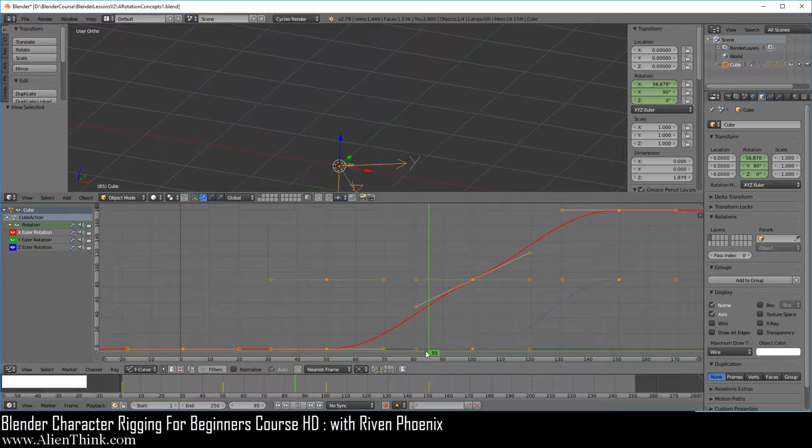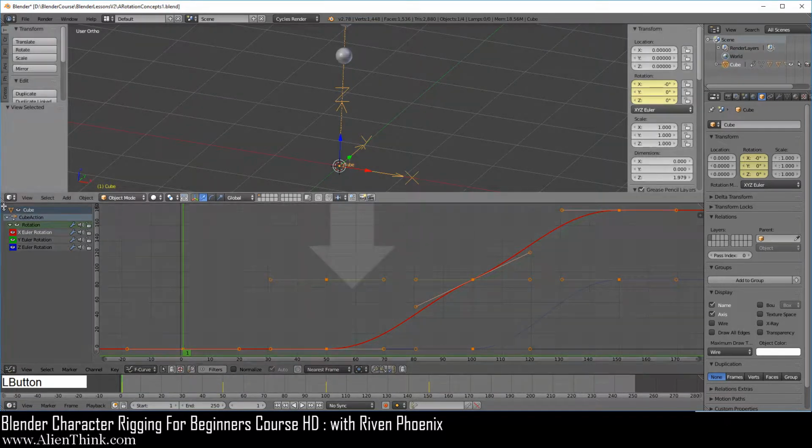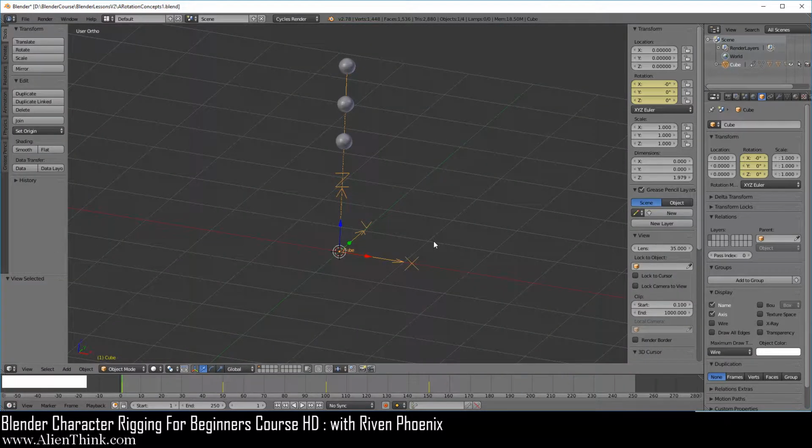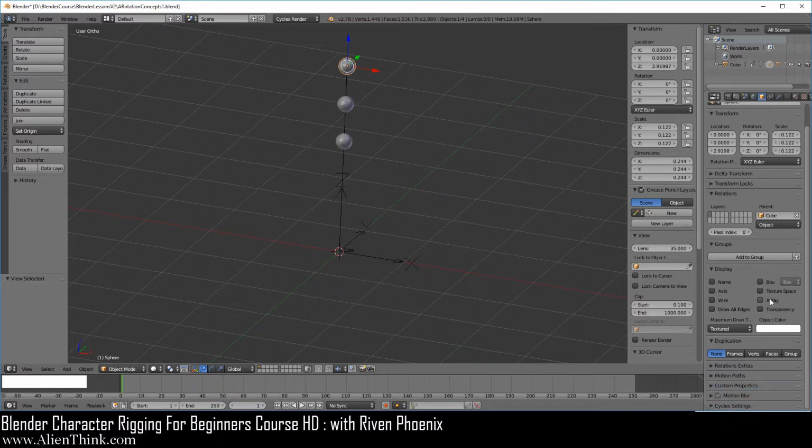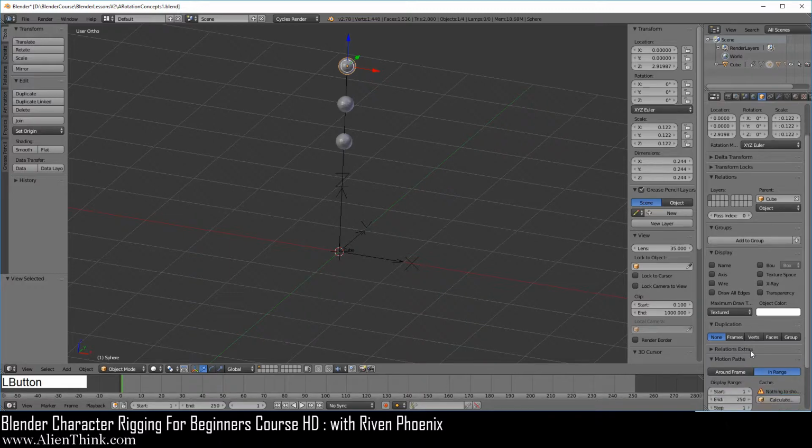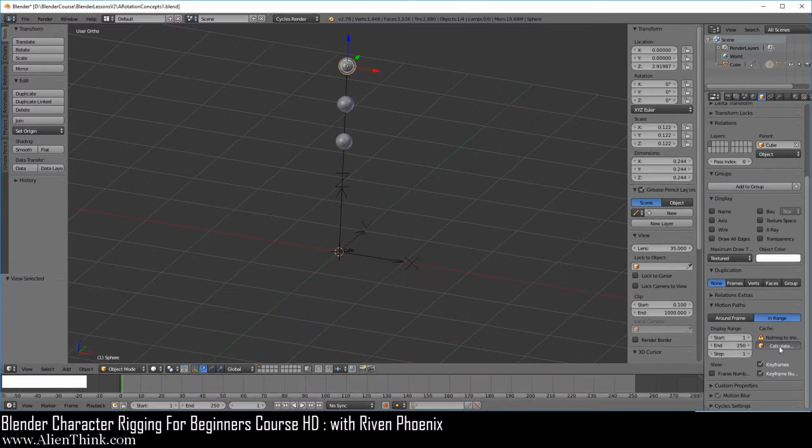So you can see that this is how this is moving. Okay, anyways, go ahead and click this over here. Now over here, we're going to click this and close this. Now what I want you to do is go ahead and click this object, go to the Object tab, go down, go to Motion Paths, and click on Calculate. And just click on OK.